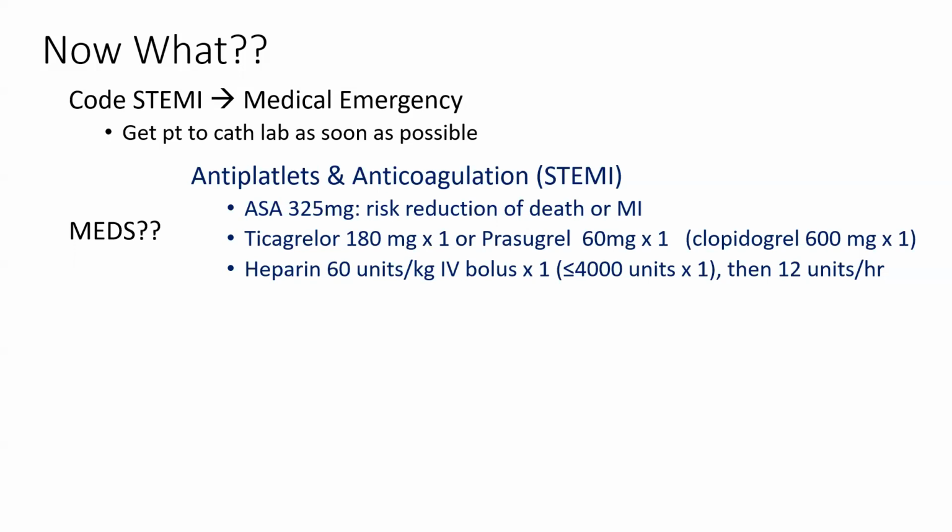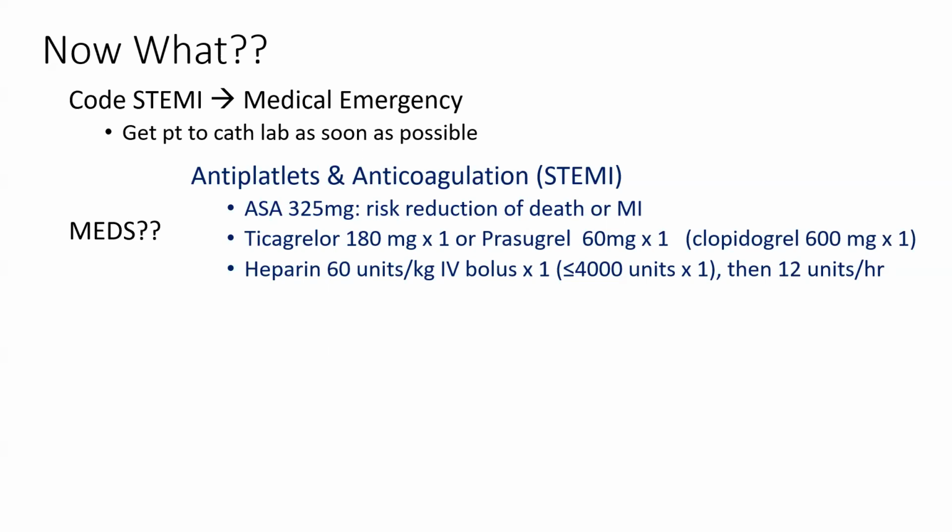Why? Because there have been studies that looked at this. For acute coronary syndrome, ticagrelor or prasugrel has been shown to be more efficacious than Plavix in head-to-head trials. So generally, we recommend either ticagrelor or prasugrel and getting them on a heparin drip. You should not delay them going to cath to get them on these meds though. Put them on aspirin, load them with the P2Y12, and if you get them on a heparin drip, great. But don't delay